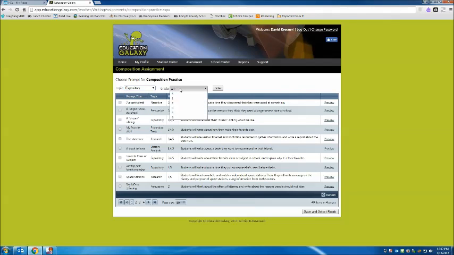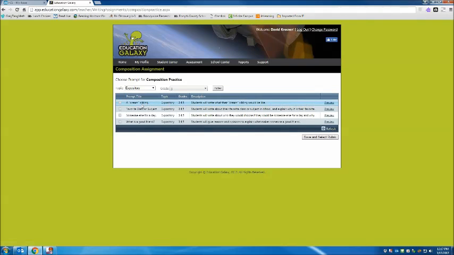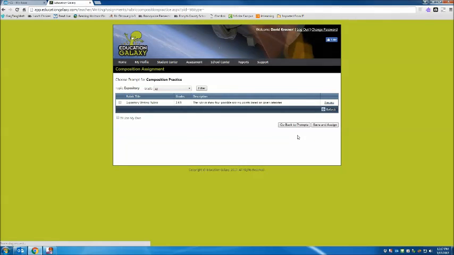For my grade level, I'm going to choose 3rd grade, and I'm going to use the filter. These are my options of what I can do for 3rd grade expository writing. So I'll say I'm going to write about a dream sibling, and I'm going to save and select the rubric. And for this, I'm going to use their rubric, the expository writing rubric, so I'll check that, and I will